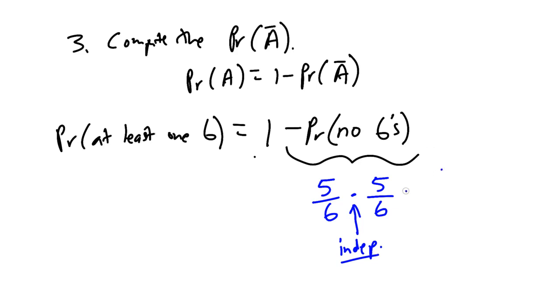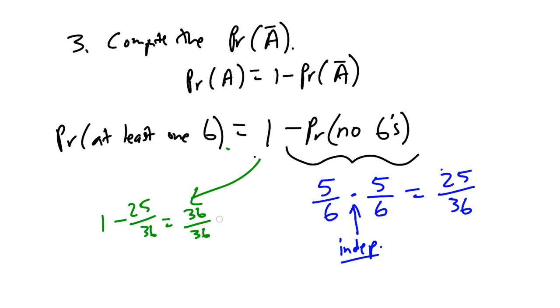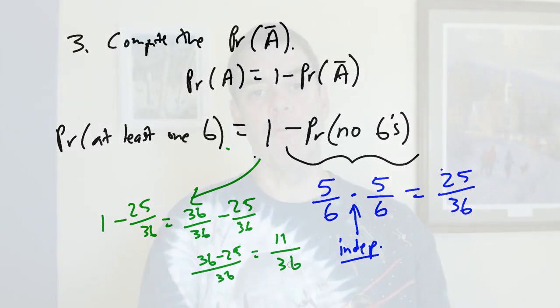And if I multiply this out, I get 25/36. So my total answer here ends up being 1 minus 25/36, which is the same as 36/36 minus 25/36, which is the same as 36 minus 25 over 36, which ends up being 11/36. QED, bada boom, ends up working, right? So that gives us a really good sanity check. There were sort of 3 different logical methods that we used to compute the probability of getting at least one 6. They all ended up with the same answer.